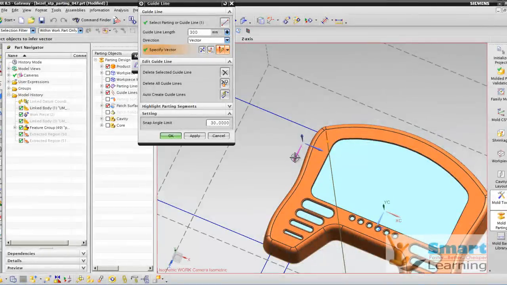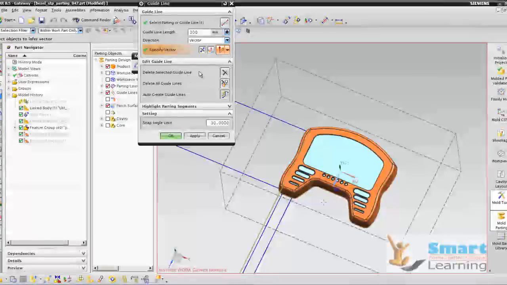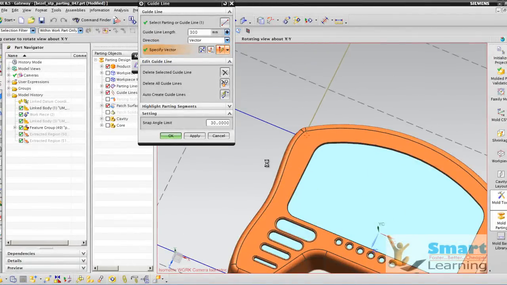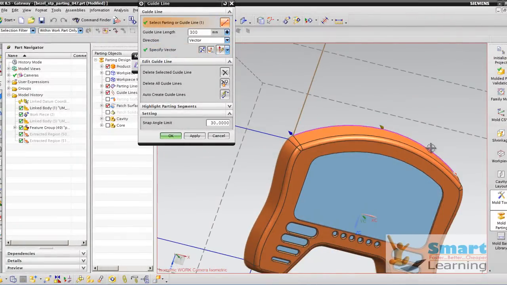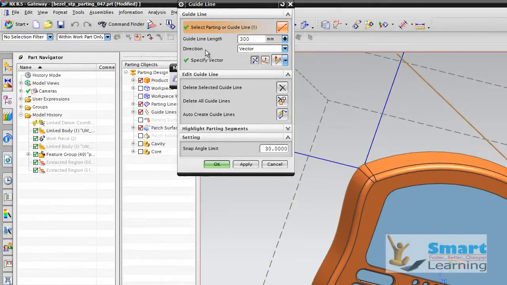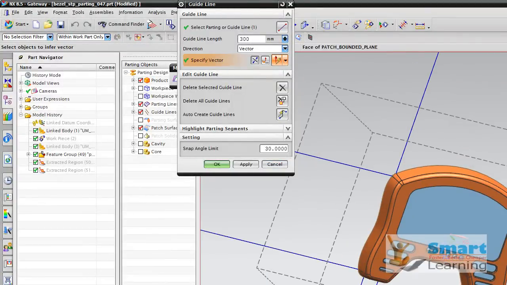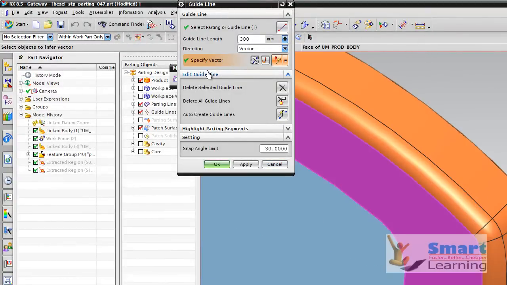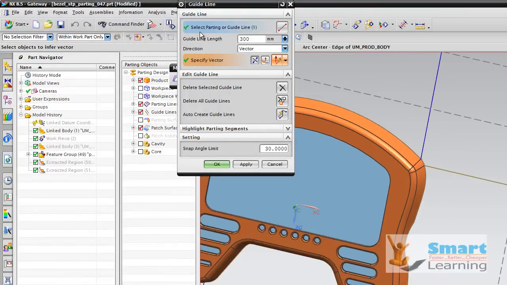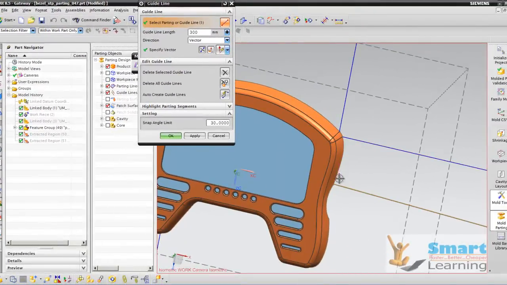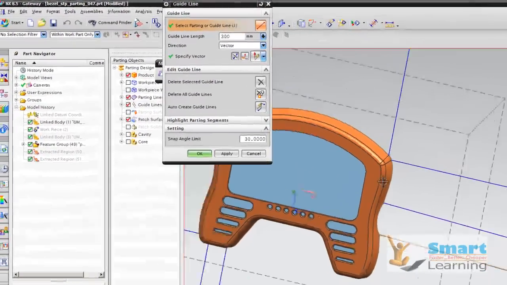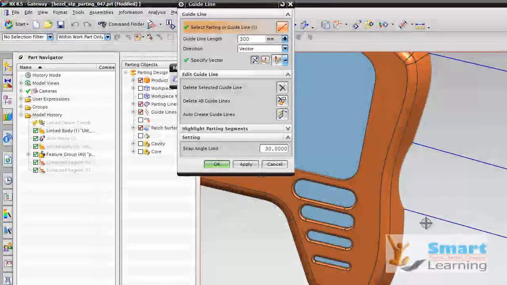So once you select this particular guide, the vector, then that will be updated and you can flip whenever this is not in the right direction, and so on. You follow by selecting the guides and directions, and we'll continue with the selections of parting guidelines for other sites, and you can control the directions as well, and you can select independently all the sites and control directions.